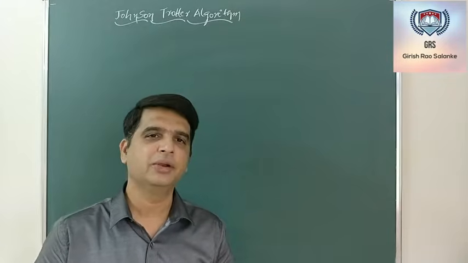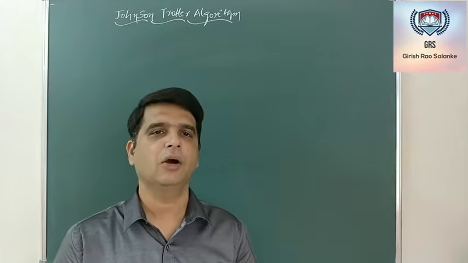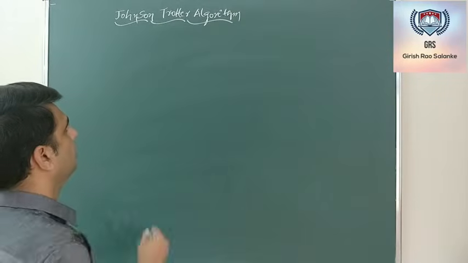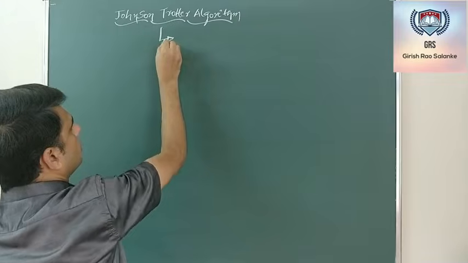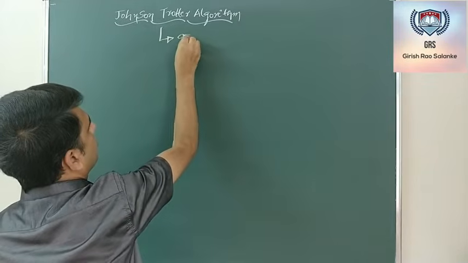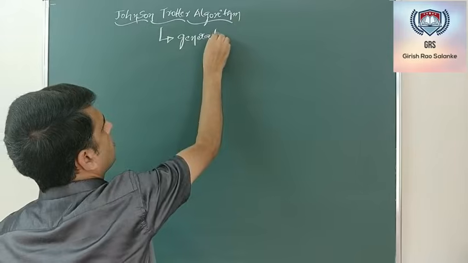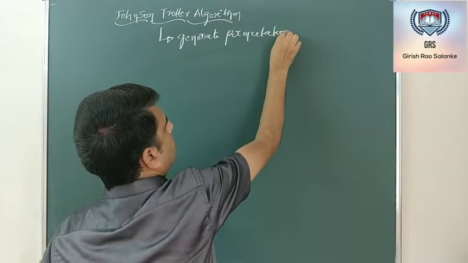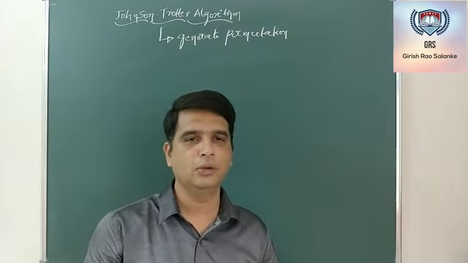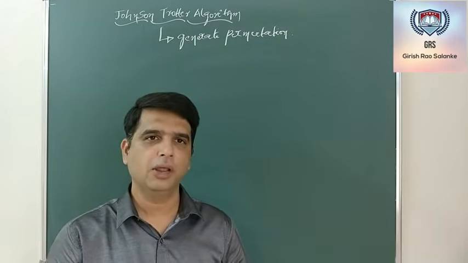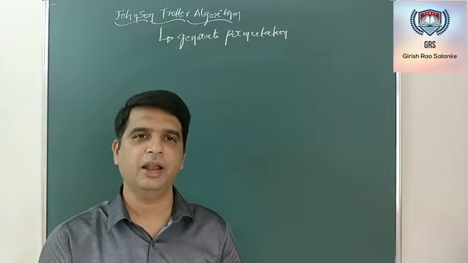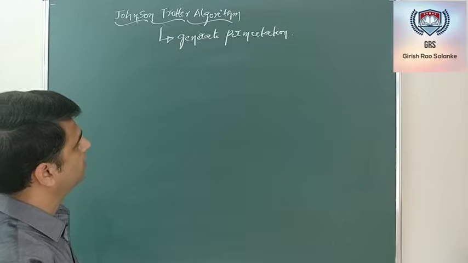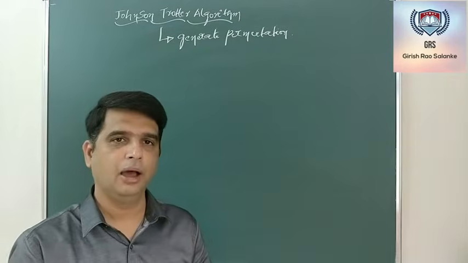Hello everyone. In today's video, we are going to discuss an algorithm by the name Johnson-Trotter algorithm. Note that this Johnson-Trotter algorithm is basically used to generate permutation. That is, in case of combinatorial objects, the different combinatorial objects are combinations, permutation and subset. And this Johnson-Trotter algorithm is basically used to generate the permutation.